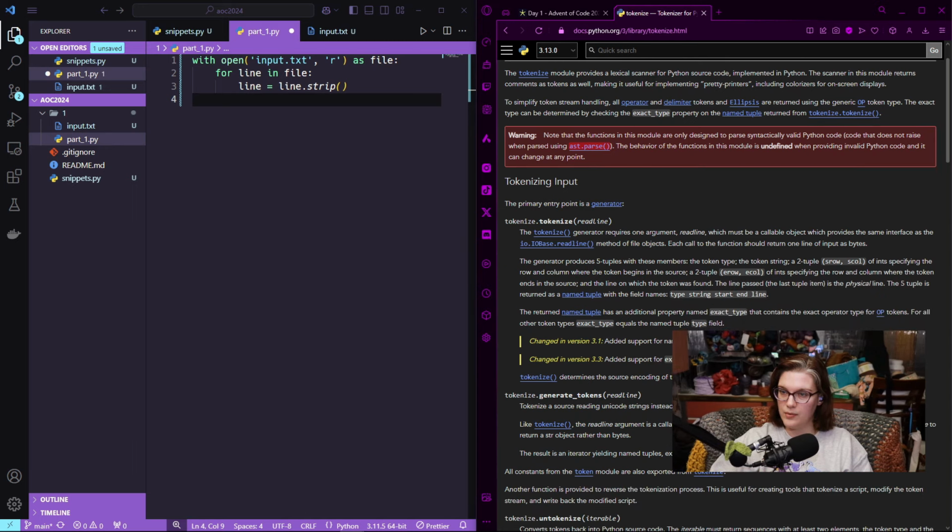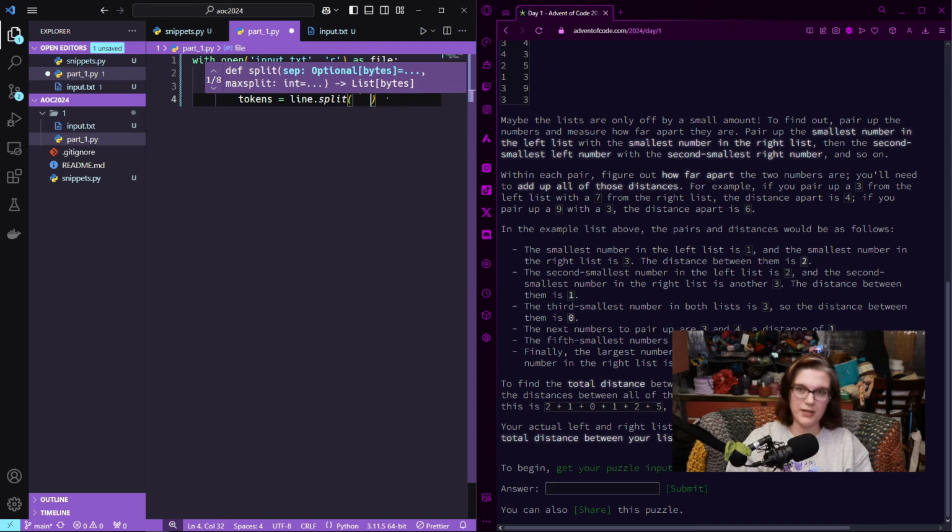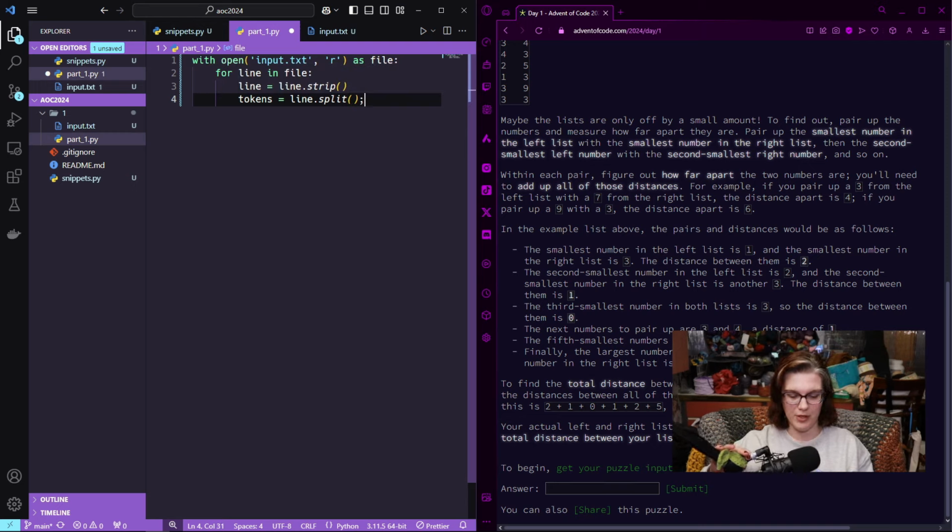Oh, this is... no, that's not what I need. Oops. Nope, I do not want to split on that. The microphone's in the way of my keyboard, I can't see. Okay, tokens should be an array of 2. And now...